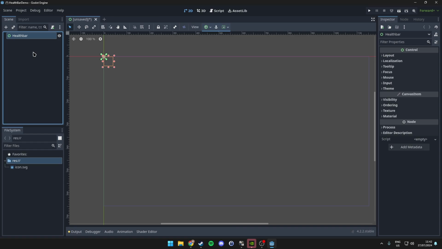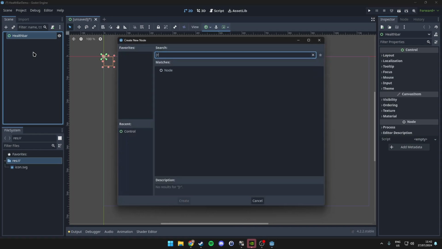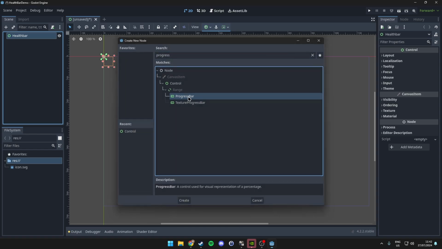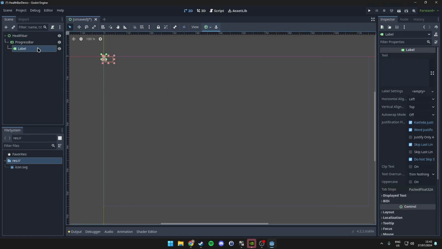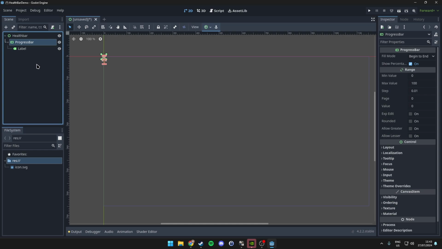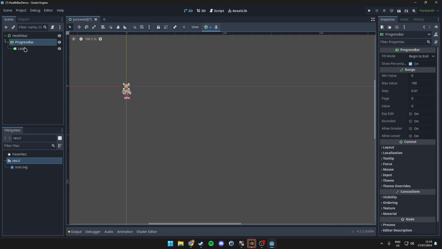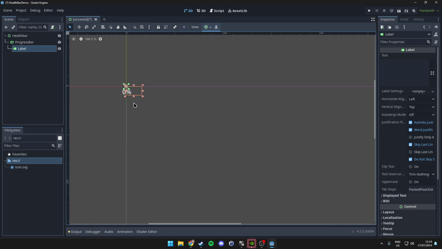And in the control node, we want to have a progress bar, and within the progress bar, we want a label. The reason we do this is the progress bar will act as the, well, obviously the health bar, and then the label will be displaying the current player's health and their max health